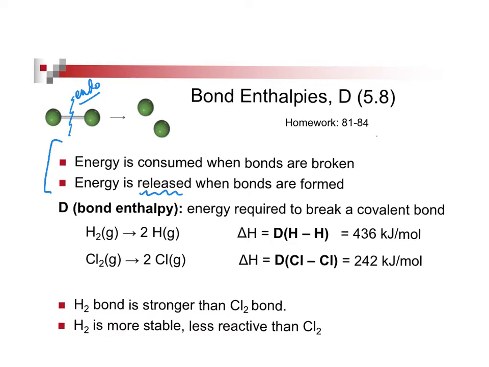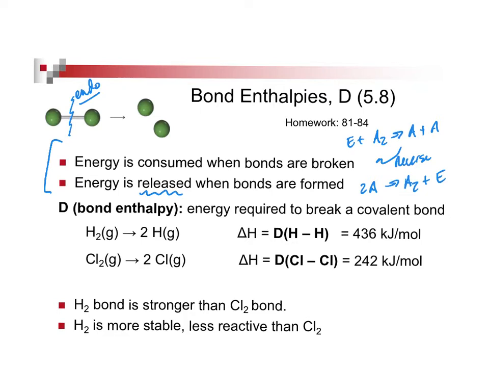Think about it. If you have a diatomic molecule and you make two individual atoms, you have to put in energy. If you reverse this reaction, and you've learned what happens when you reverse things, if two A's come together to give you an A2, the energy has to go on the other side. That's a concept that we really want you to grasp from this chapter.